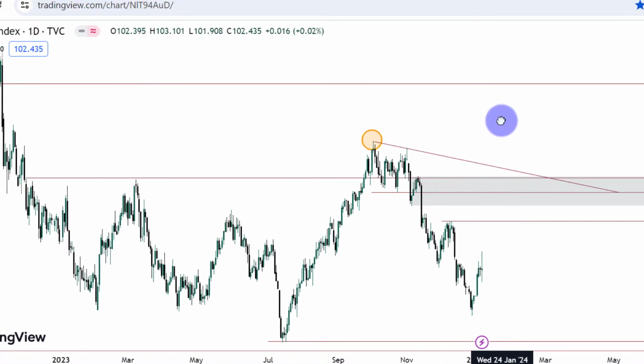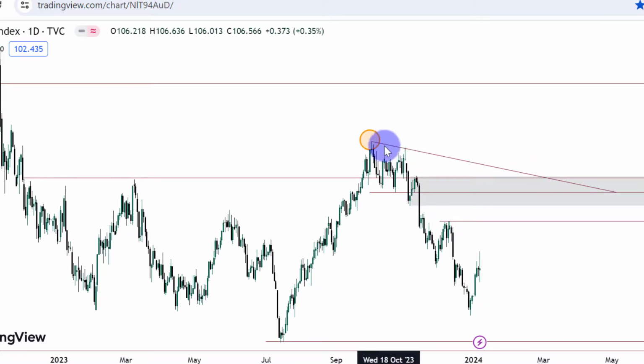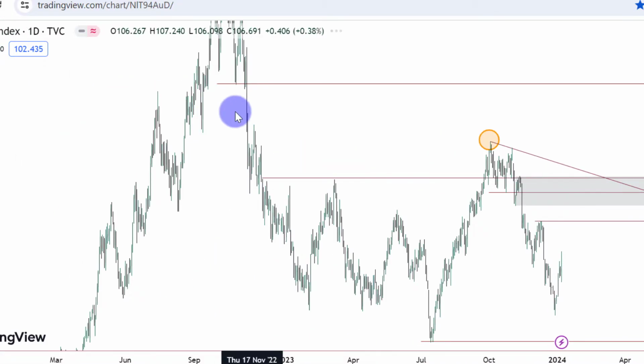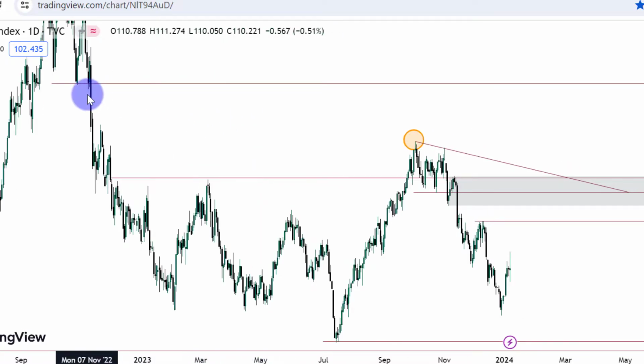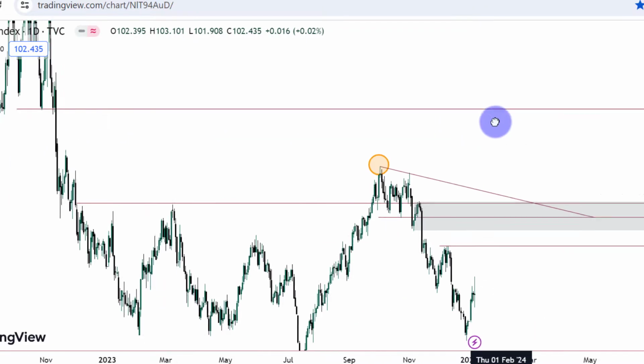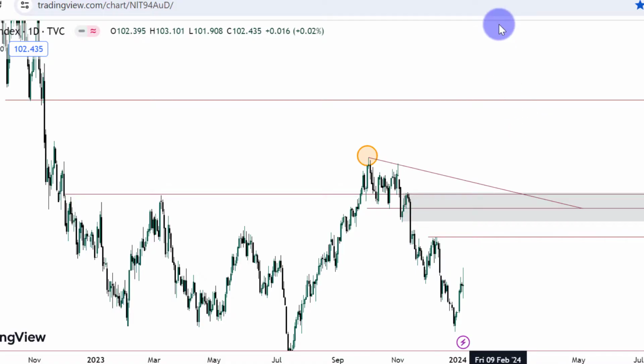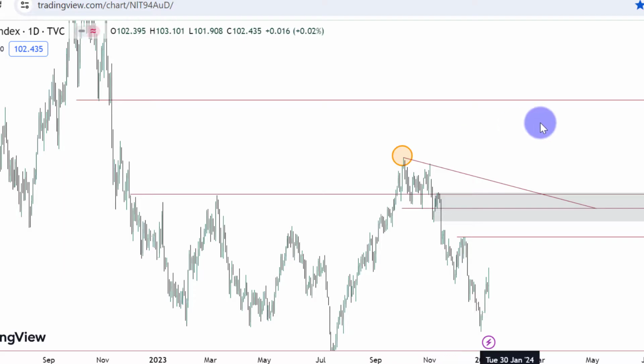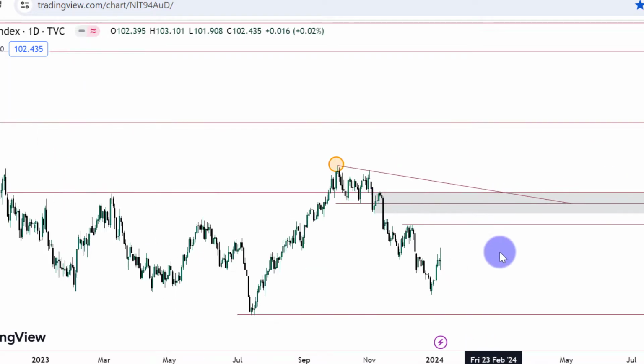Then in the month of March, by the start of March, it will go for this level and trade into that monthly time frame bearish order block. You can see all of this level. It's a mitigation block as well right here. All right, so should price get to that level and give us a shift of market structure on the daily, that will be the start of our dollar drop for the year 2024.